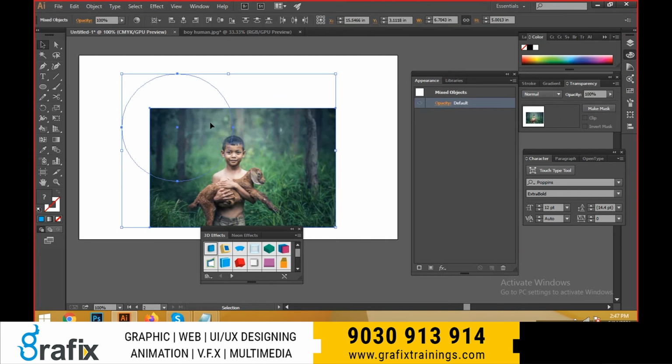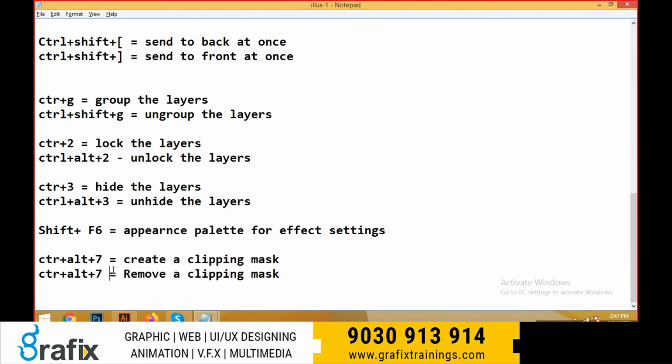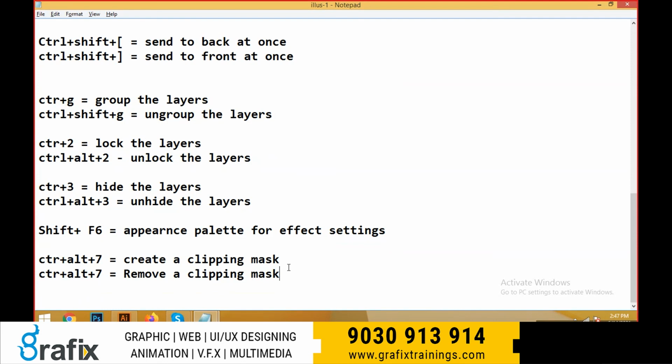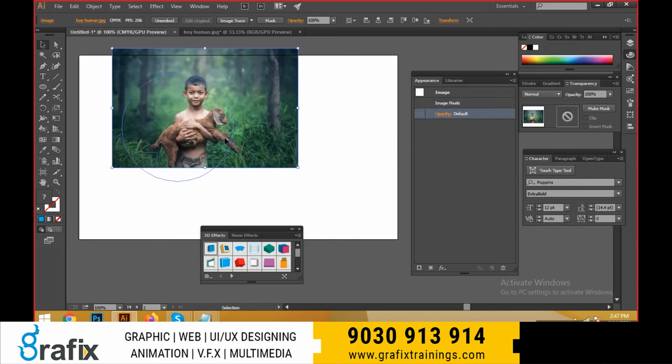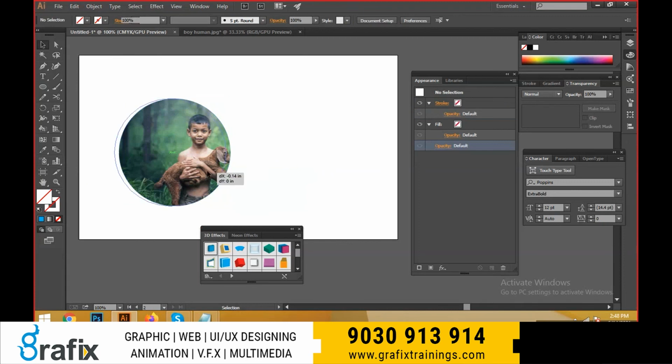The same option, release clipping mask. Control Alt 7 to create a clipping mask. Control Alt 7 again to remove a clipping mask. Again select this one, Control 7 to create a clipping mask.